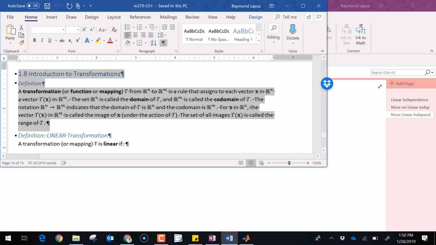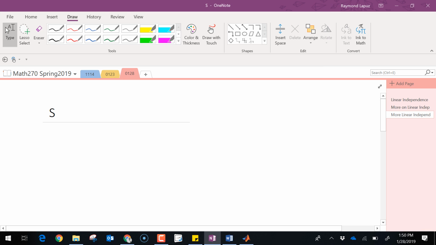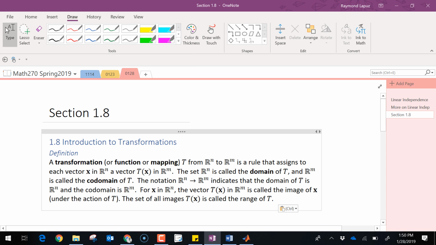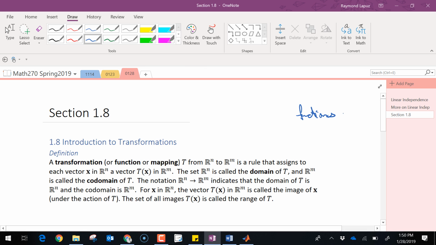So first, let's talk about a transformation. A transformation is really just a function. Function is something that we've already dealt with, and we can think about all the functions that we know as transformations. So a transformation, a function, or a mapping, except the ones that we have studied before in pre-calculus, Calc 1, Calc 2, have been functions that go from one variable to one variable. It goes from R to R. So all the functions we know,